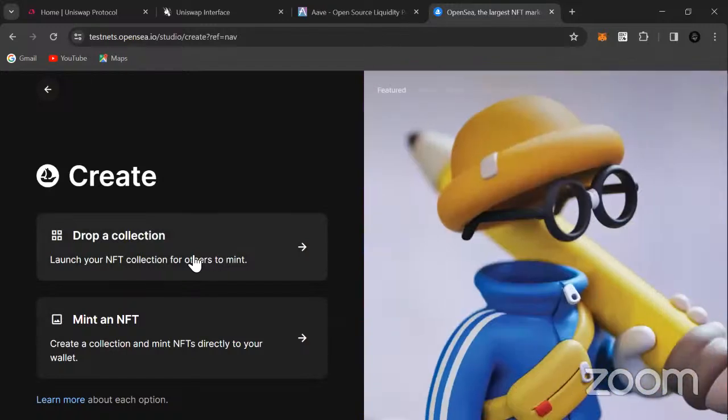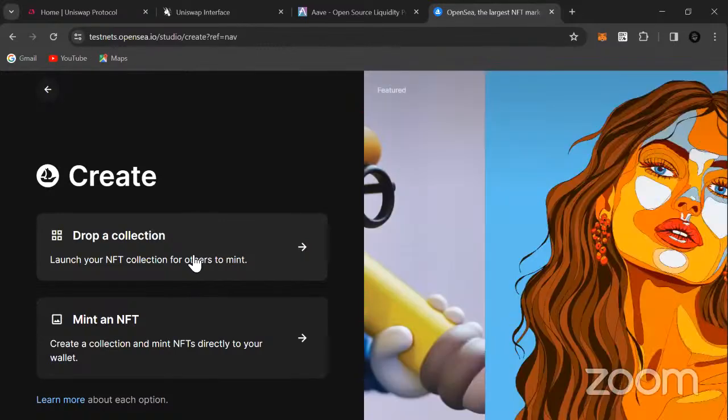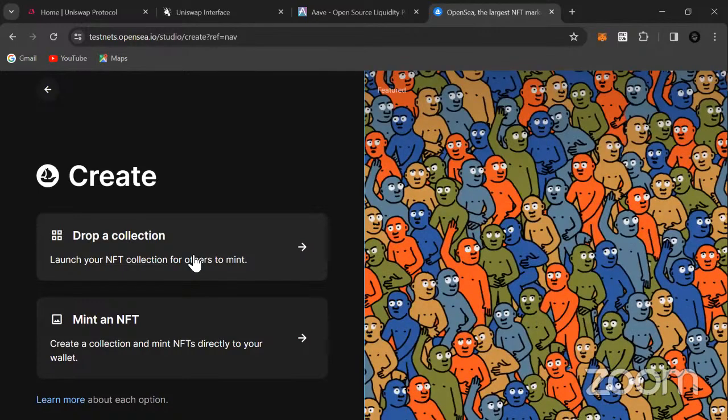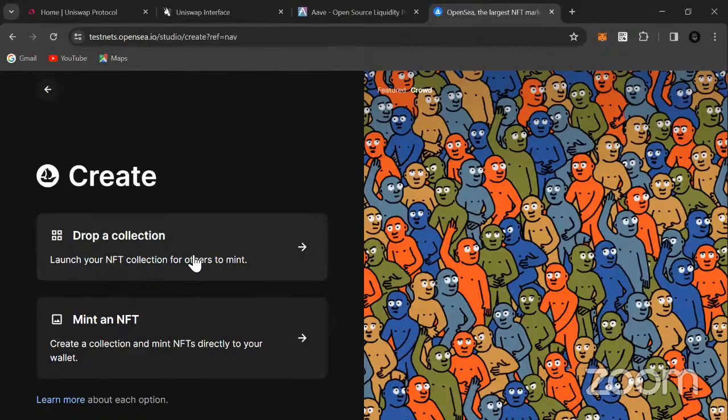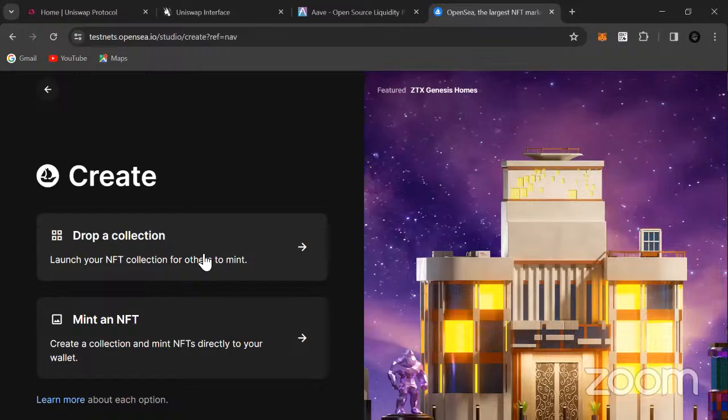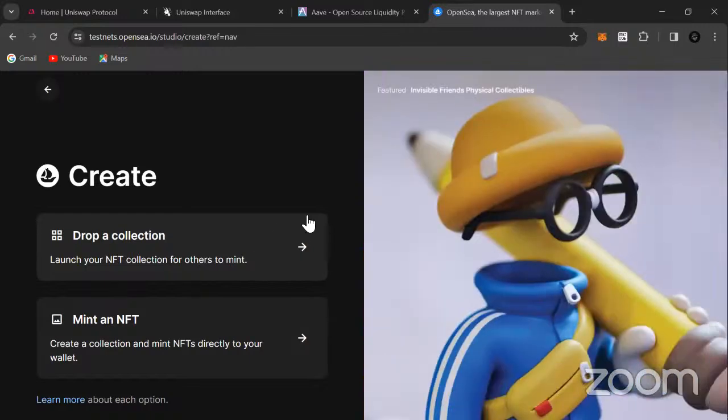Let's do this first one. Let's drop an NFT, right? We're going to create an NFT in the class, and at the end of the class, you are going to connect your wallet and buy our NFT. So let's do that. But remember, it has to be on the Sepolia testnet, I think. I don't even know which one is supported, but I think it supports Sepolia also.